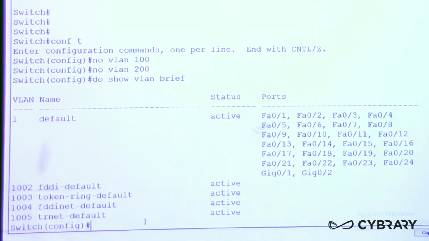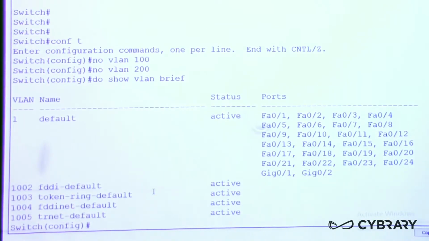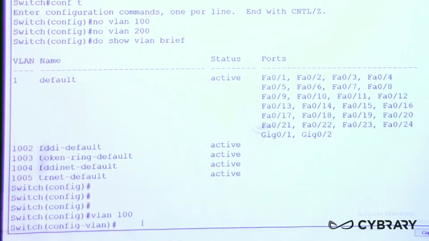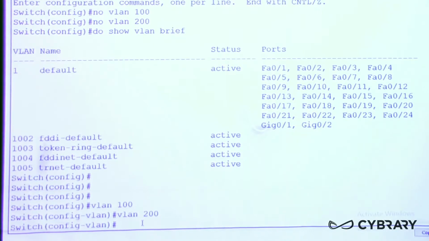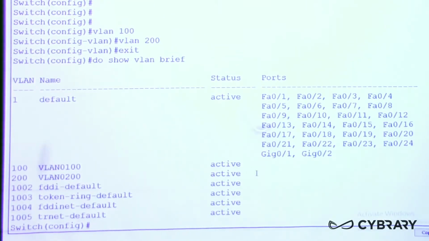So that takes care of how to create VLANs and how to delete VLANs. Now, in my head, I hear a question. Can you get rid of all the VLANs by getting rid of this VLAN.dat file that we had in Flash? Sure you can. So let's go ahead and create VLAN 100 and 200 again. So I will say VLAN 100. And then just from this mode, I can go ahead and say VLAN 200, and it will create VLAN 200 automatically. I say exit, and then look at my VLAN database, do show VLAN brief,